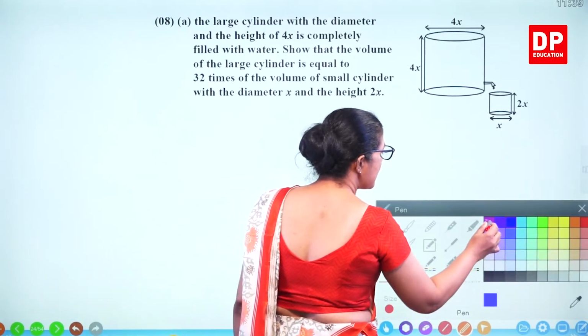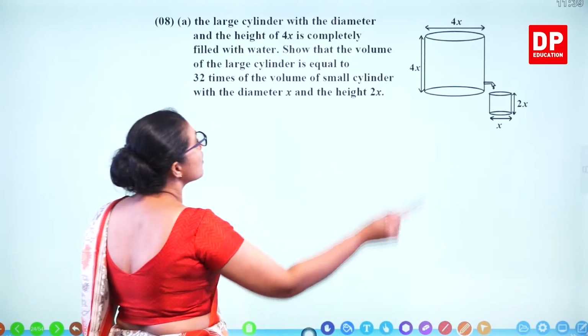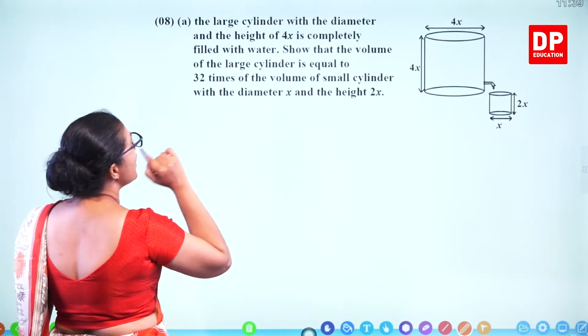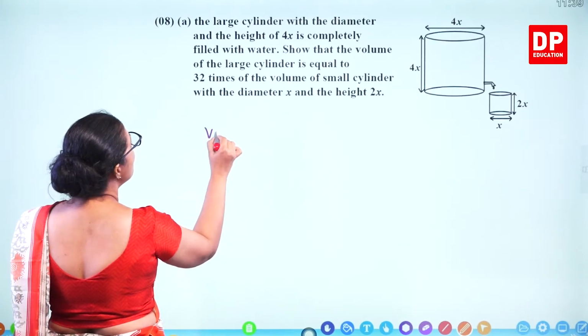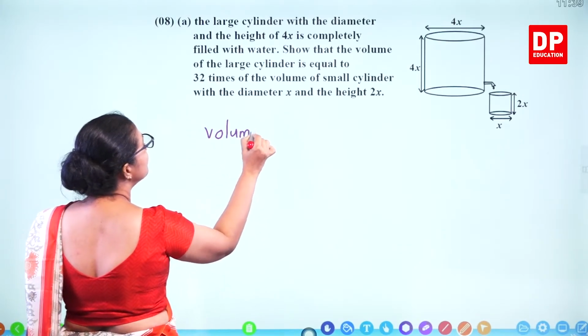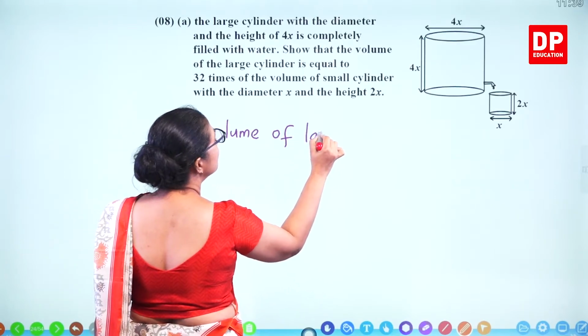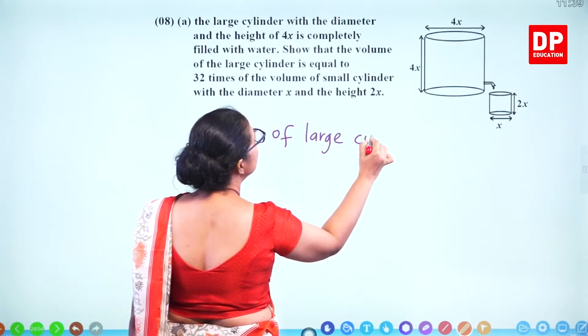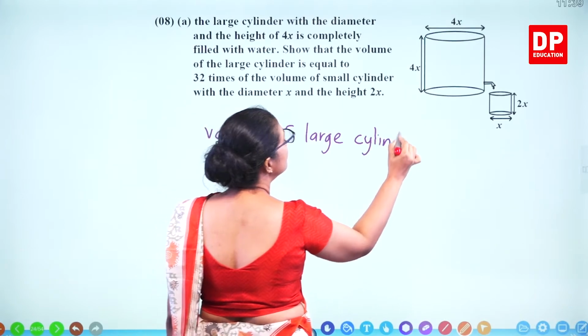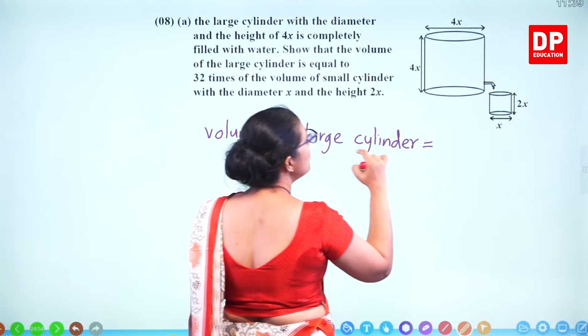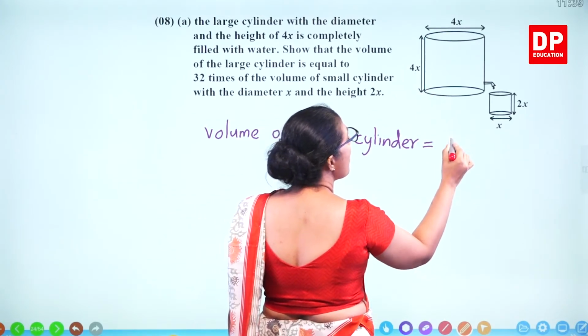So that means we need to first find out the volume of the large cylinder. What's the volume? Pi r squared